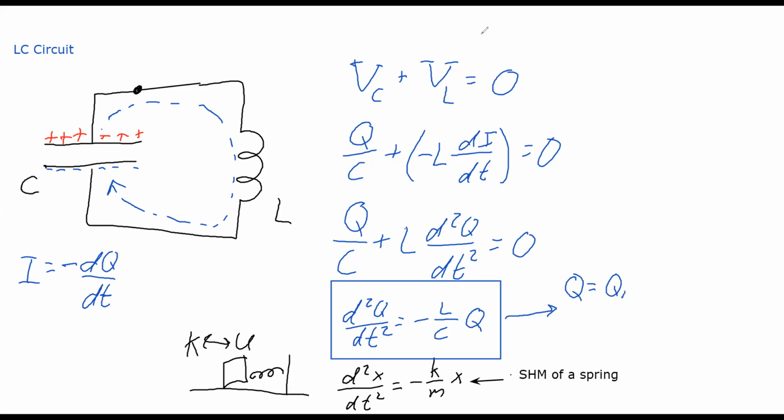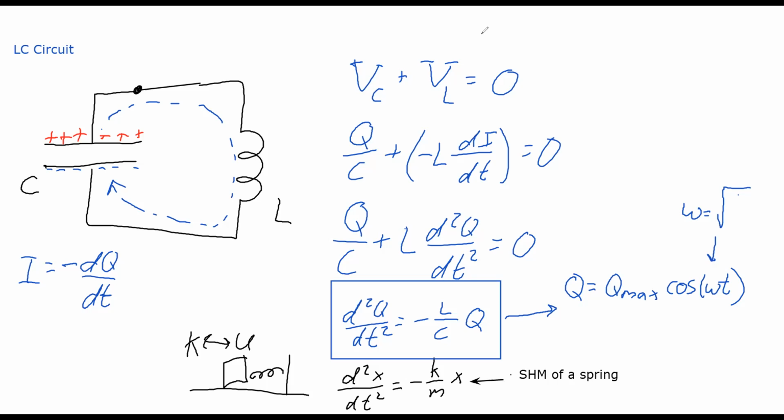So Q max cosine omega t, right? Gives us back that cosine wave that we were seeing earlier. What would be omega? So omega is just a square root of, oh,